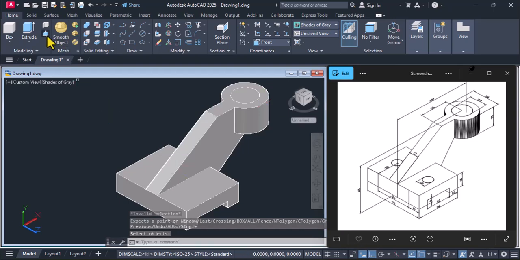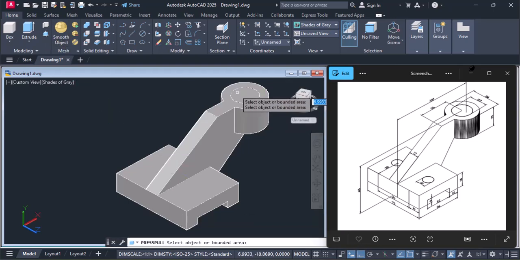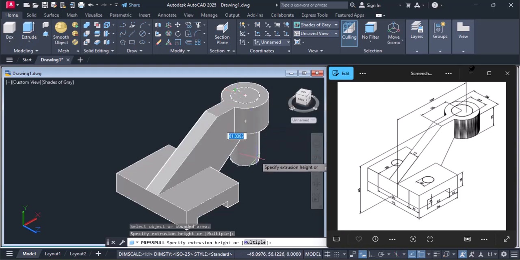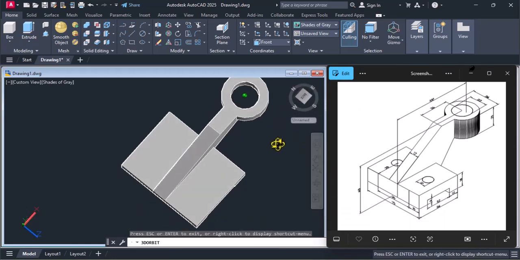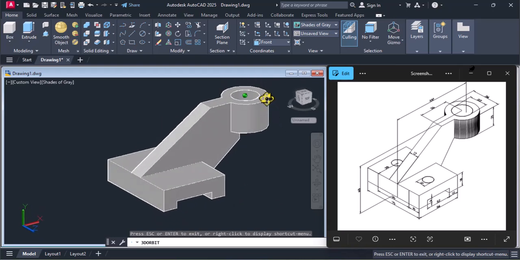Then we use the press pull and select this inner circle and bring it downward so that we get a cut. You can use the freeform orbit and see if you have got a cut.